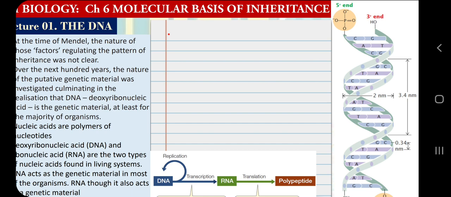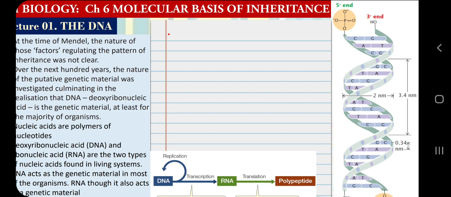So there are 4 types of nucleotides in case of DNA, 4 types of nucleotides in case of RNA, and if we join these nucleotides together in a very long chain, it is called a nucleic acid. Of course, if you are using deoxyribose sugar, it is called deoxyribonucleic acid, and if you are using ribonucleotides, it is called ribonucleic acid or RNA. So here we are showing the icon of DNA.